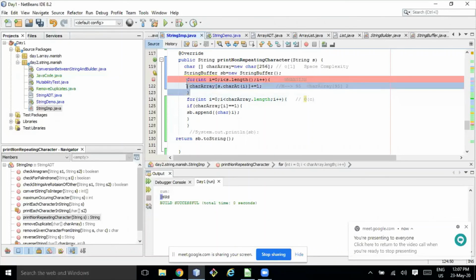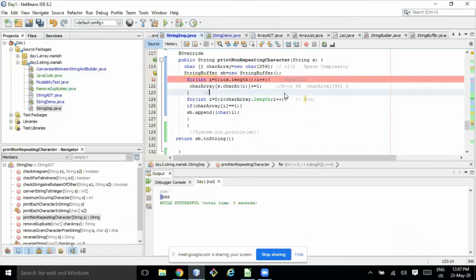But this other loop depends on the order of s dot length. If I take a new char array of 1 million, it will still be order of constant, because it doesn't depend on the input size. It is always constant because I am hard coding it. It won't loop more than 256 times. Good question.